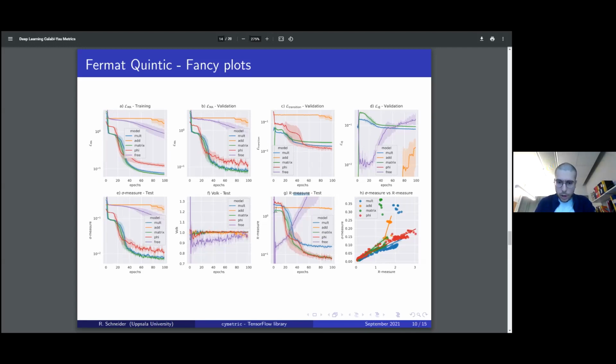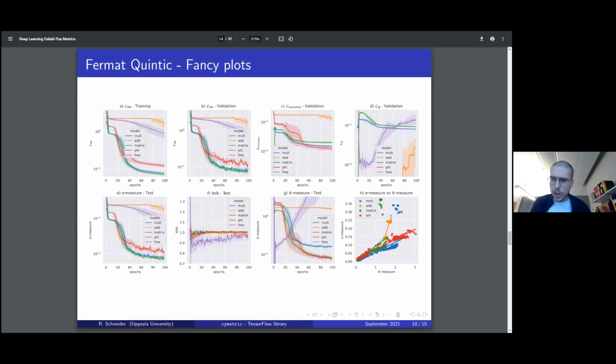So we can see that both of them get optimized very well. And this is a rather non-trivial check of this Monge-Ampère equation. And I don't think it has been studied before in the literature to see that the Ricci measure also decreases with an actual decrease in the sigma measure. I mean, this is something we would expect because if this one is going to be 0, this one has to be 0 too, but it has not been studied before. So maybe nice to notice here is that this is a value of 10 to the power of -2, which would correspond to the Donaldson algorithm with k equal to 20, which takes about 35 years on a laptop, while the neural network takes 2 hours of training.